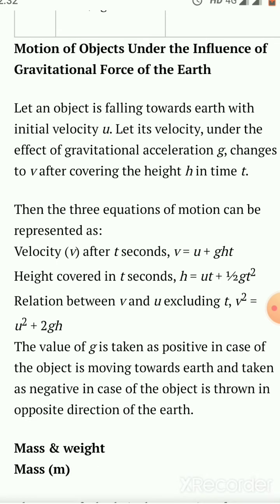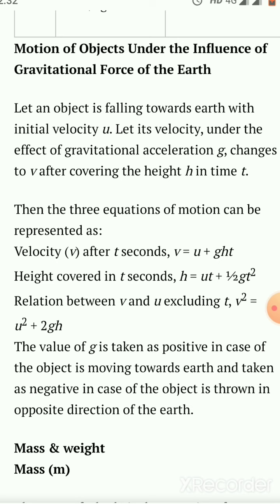Now similarly, the second equation also changed. The second equation will become small h equals ut plus half gt square. Similarly, the third relation will become v square equals u square plus 2gh. Clear? So we have just replaced the acceleration a by small g and the distance s by small h,